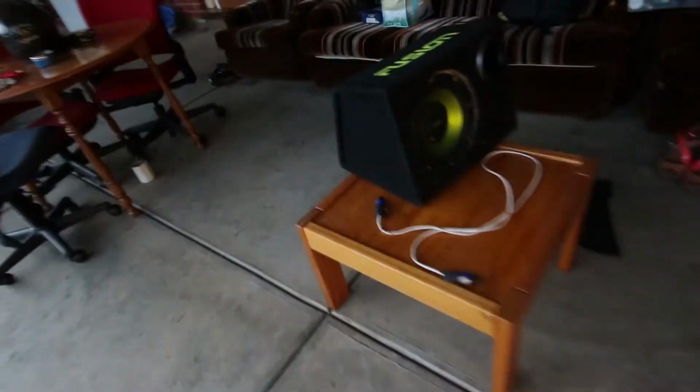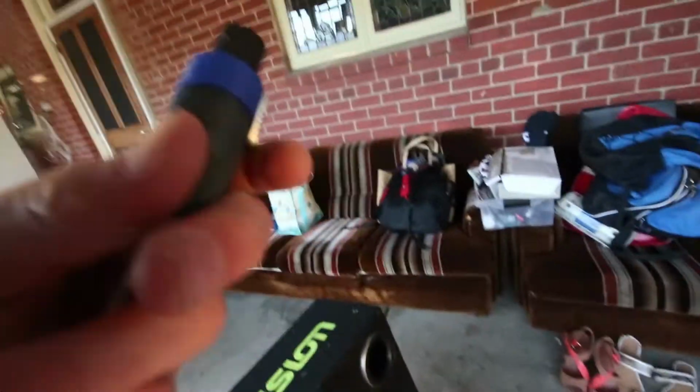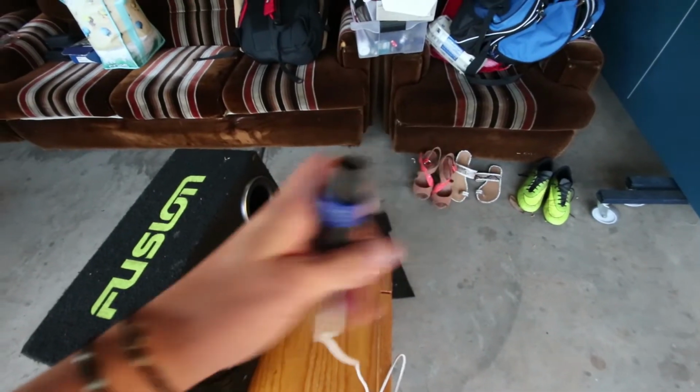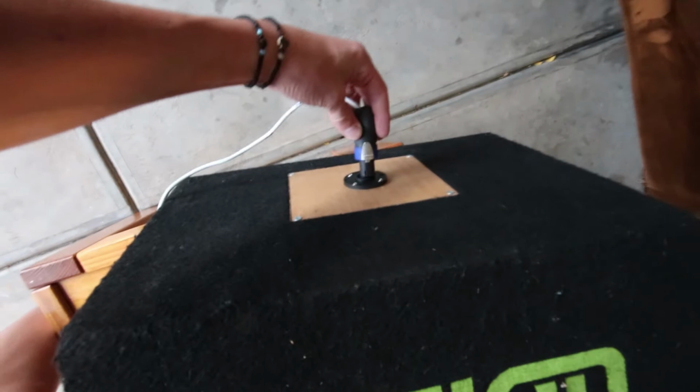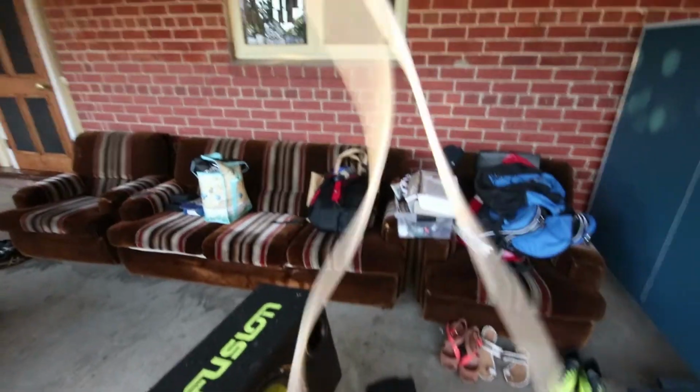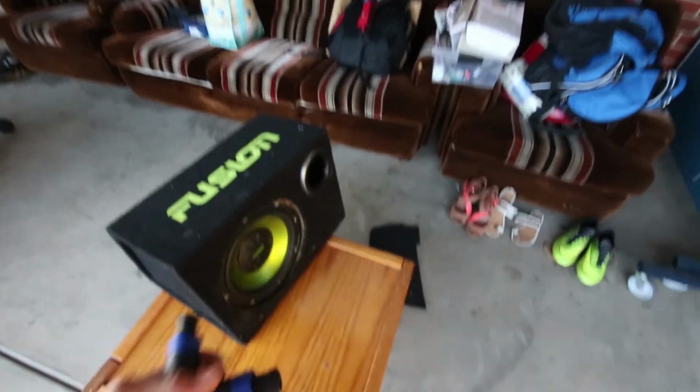So that's that. And this is the sub. It has one of those connectors again, NL4. Oh no, sorry, not speak-on. Or is it an NL4? Yeah, it's an NL4. So this is an NL4. Goes into that place here, just clipped in. And I just put some security cable on two of them just to test